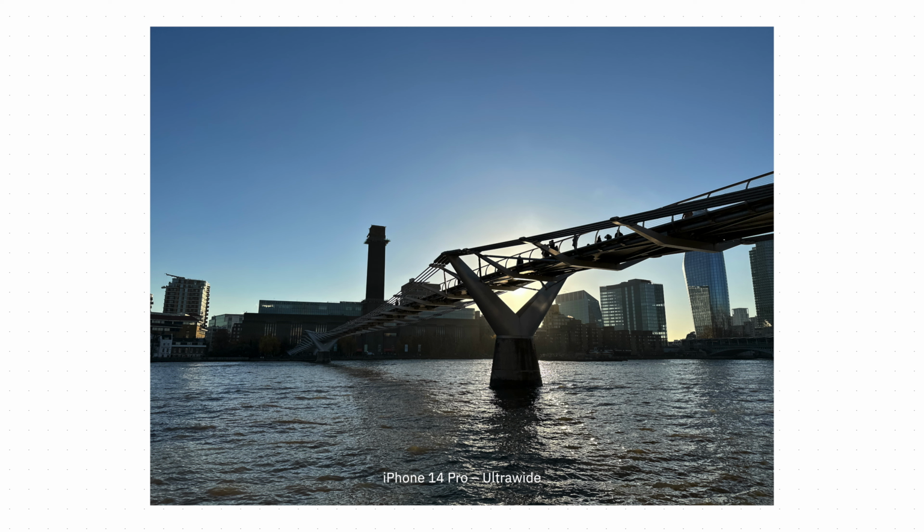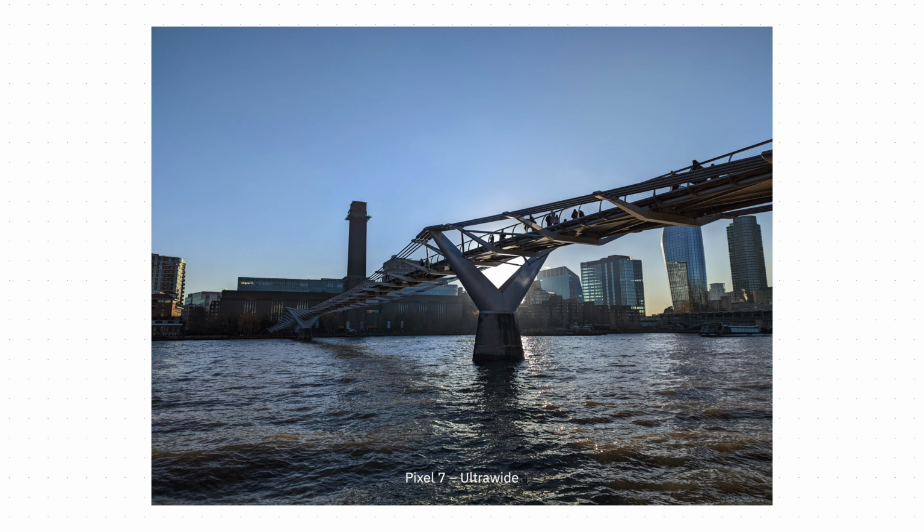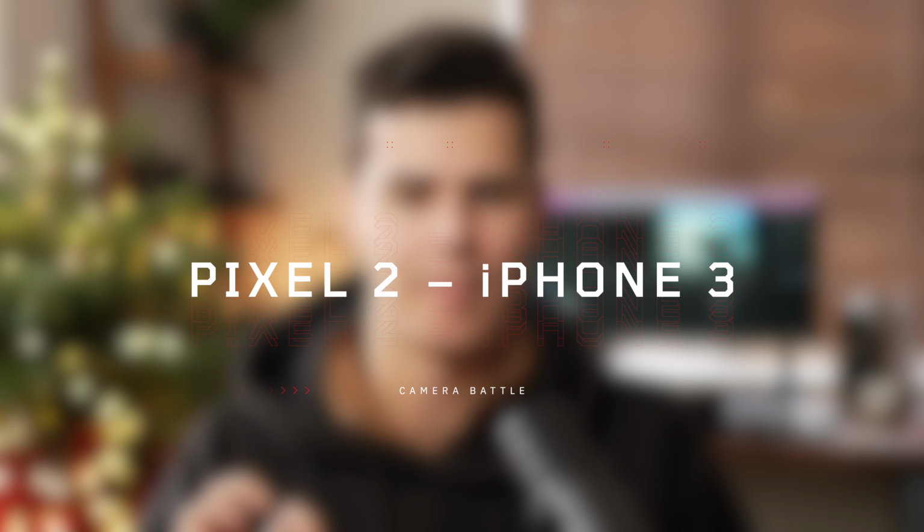I think often this comes down to, on a shot-by-shot basis, which one you prefer. Sometimes you might end up with better dynamic range on the Pixel, or sometimes you might on the iPhone. I'm actually going to give this point to the Google Pixel 7 here. Even though I think you get slightly more dynamic range in the iPhone 14 Pro shots, I think it's a